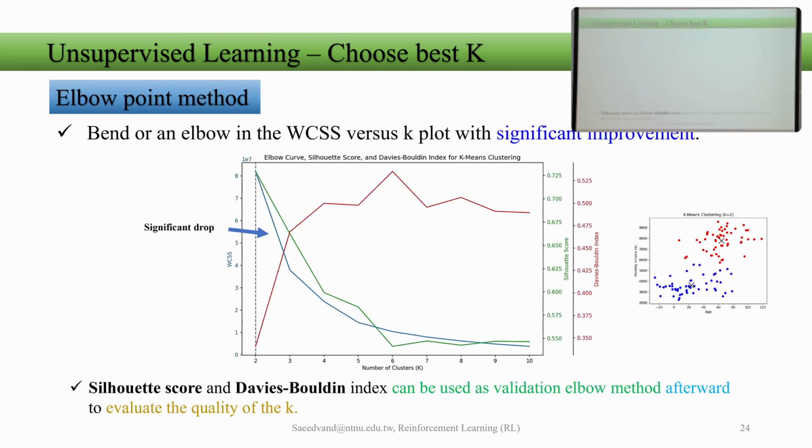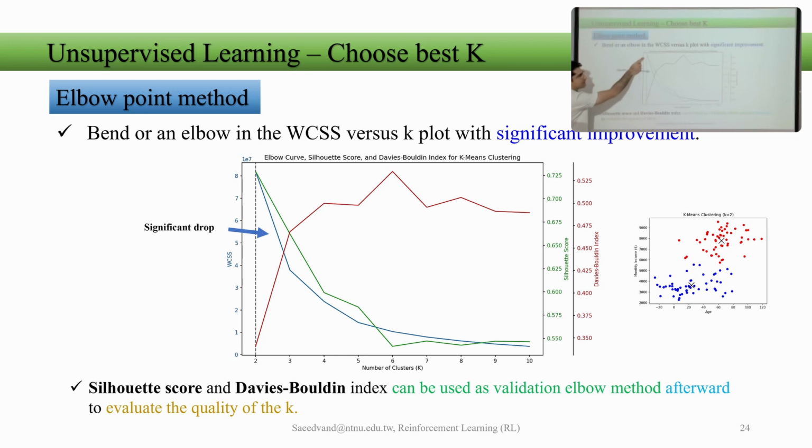Okay. Now let's run the elbow point method that I mentioned to you. Let's see how elbow point works. It's very simple. I want to find the elbow point. What we do, as I told you, we run the WCSS that we showed, and we find a significant improvement. How? It looks like this. So this blue one, I plotted all together to show the same results from the previous slide. The blue one is the WCSS, the metric that the elbow point algorithm works on.